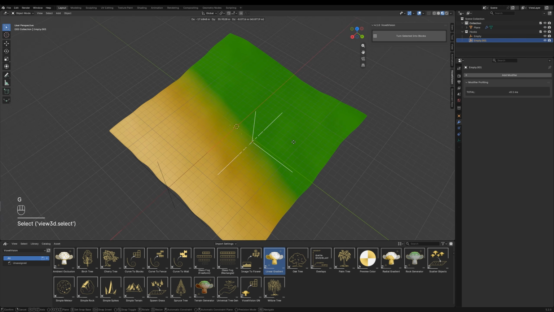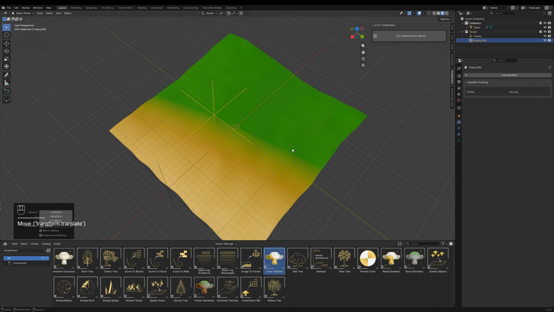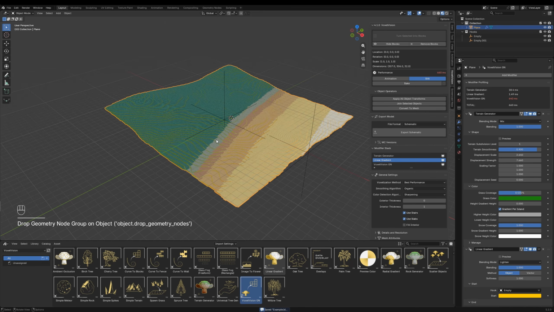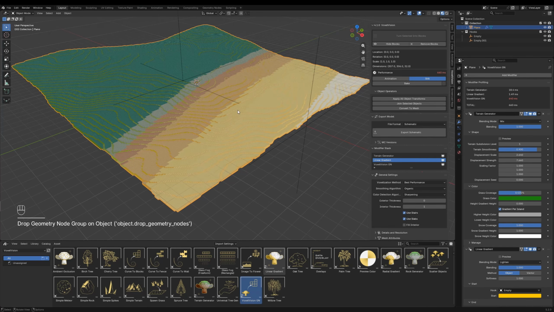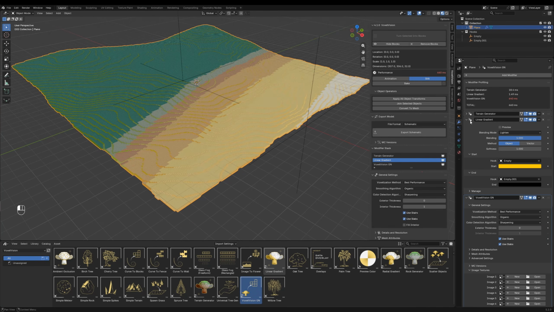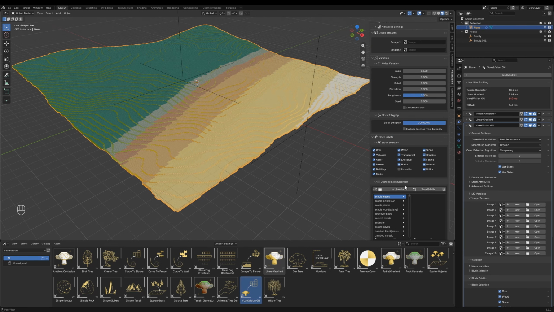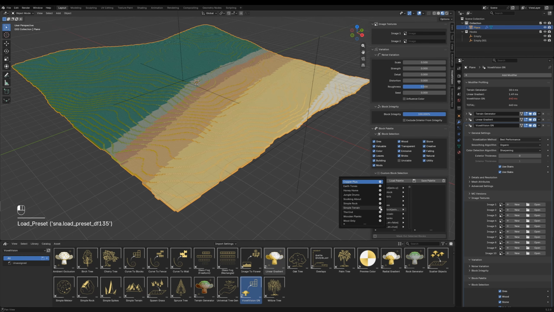Let's introduce a little bit of diagonality, and this looks kind of cool. So I'm happy with this, and once you're happy, you can apply your VoxelVision geometry node modifier, and you can directly see, okay, the gradient was applied and it's ready to use. Let's go into our VoxelVision modifier and let's choose our palette called Disable Terrain, as always,